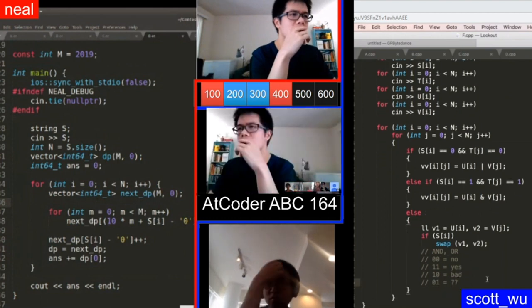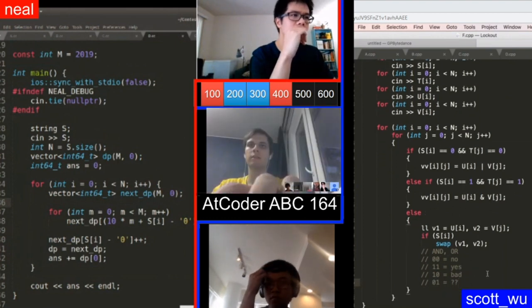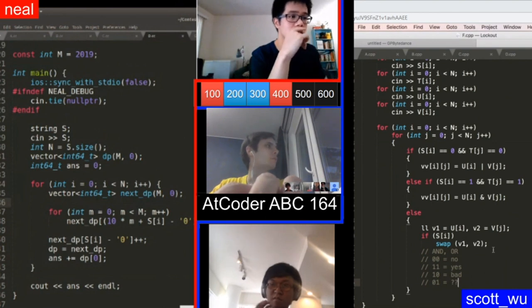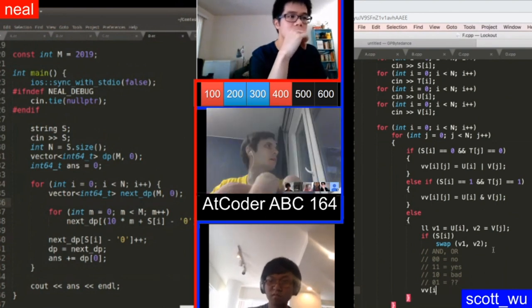Okay. So we have some constraint. The AND has to be something, right? Okay. So if we know that the AND should be equal to something, then each element should have all those bits, right? But